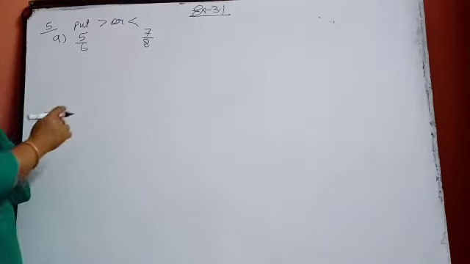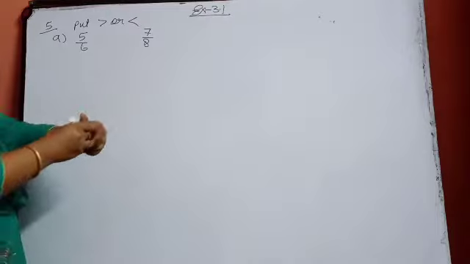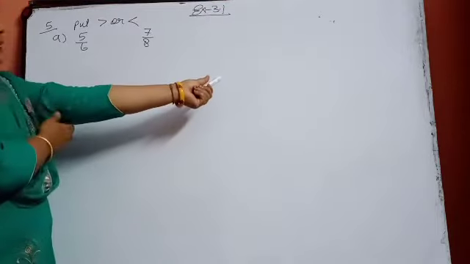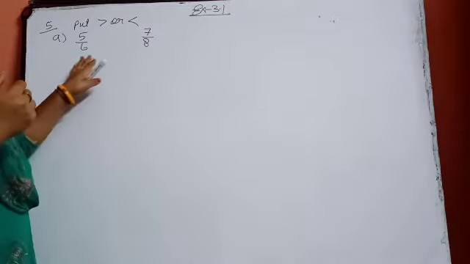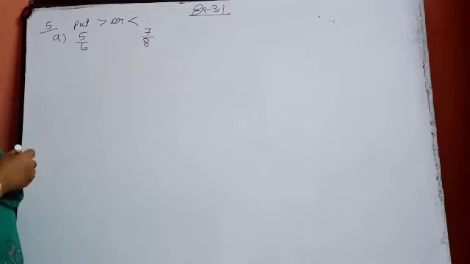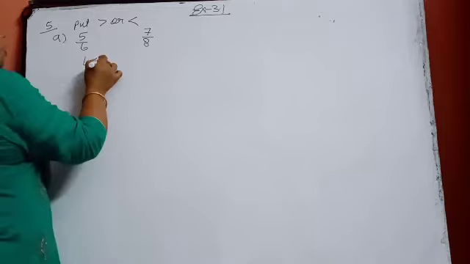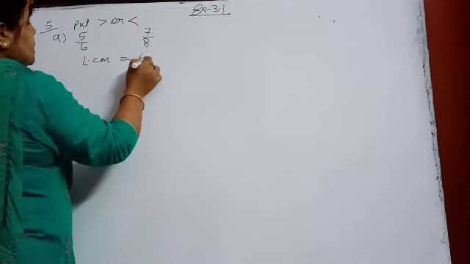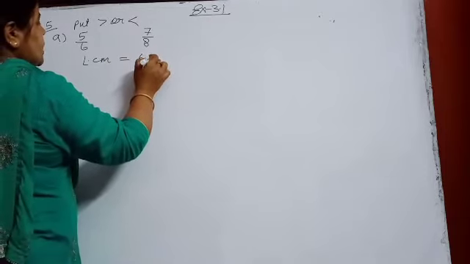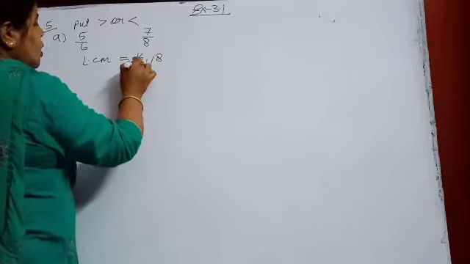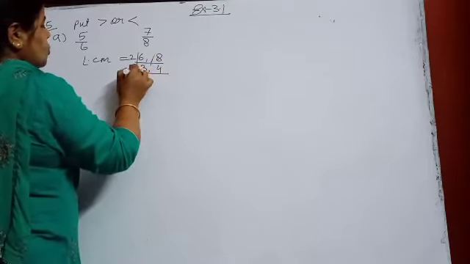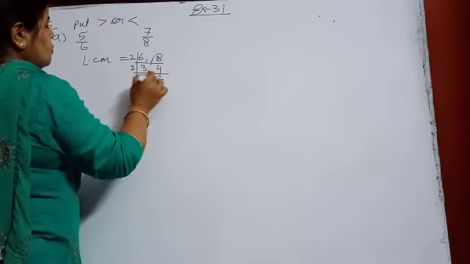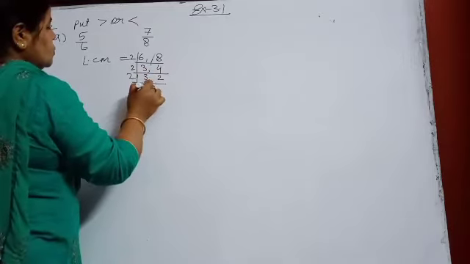You know that in the case of greater or smaller, what we have done in the previous exercise also, that we first take the LCM of the denominators. Take the LCM of the denominators, meaning 6 and 8. Everybody of you knows how to take the LCM. 2 threes are 6, 2 fours are 8. 2 twos are 4. 2 ones are 2.